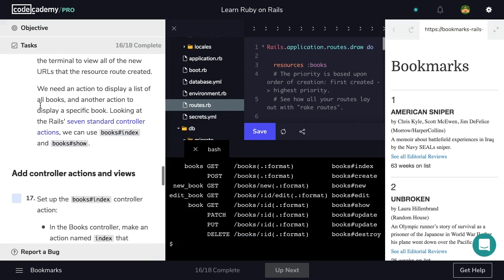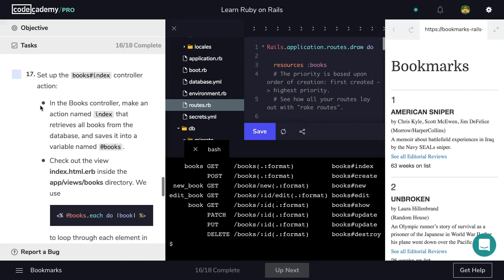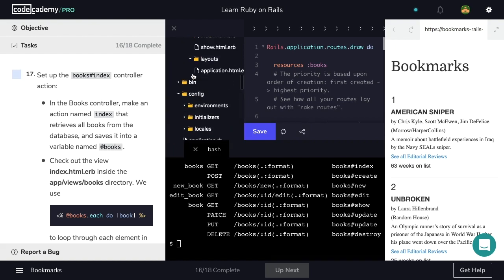Next, we want to add controller actions and views. Set up the books index controller action. In the books controller, make an action named index that retrieves all books from the database and saves it into a variable named books. Let's navigate to our controller